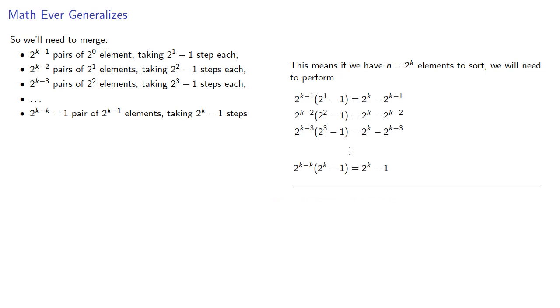Now if we add these all up, notice that we have k factors of 2 to the power k, and then we're subtracting a geometric sequence that consists of powers of 2. And so we can simplify that as